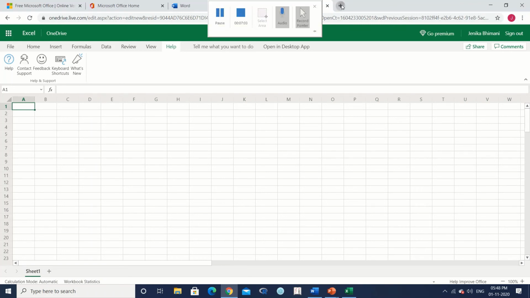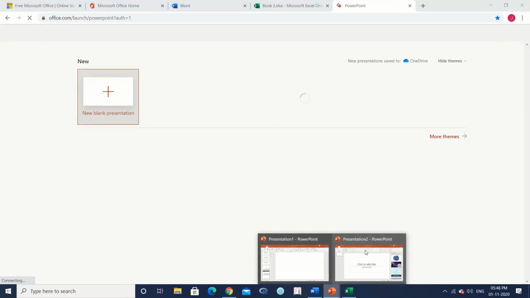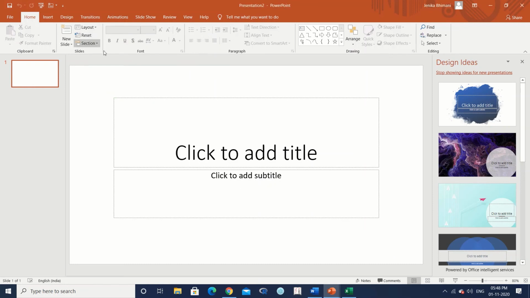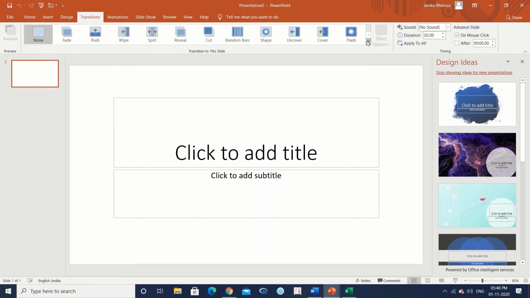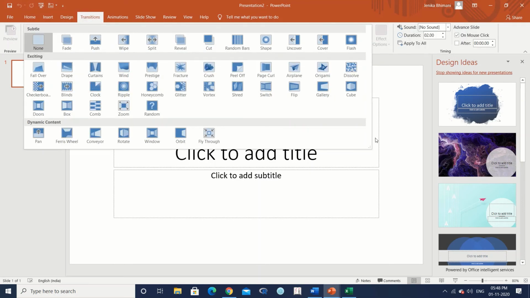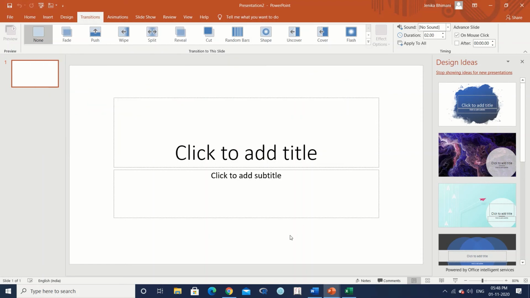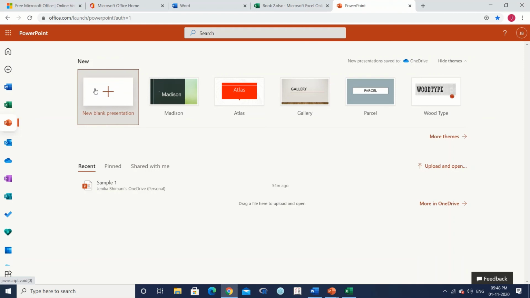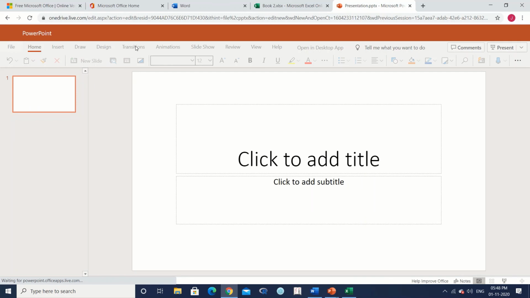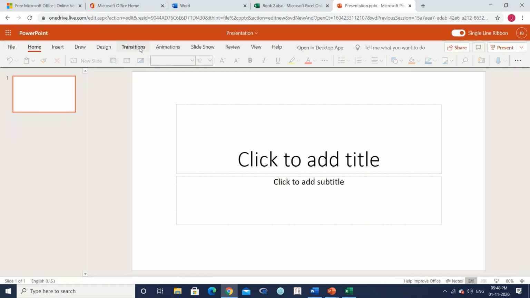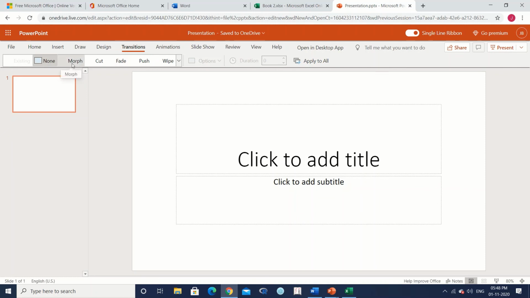And finally, we move on to Microsoft PowerPoint. For that, I've again kept a Microsoft PowerPoint local version available. One thing which is very interesting in the 2019 version, which is not available with the 2016 version, is the Morph transition. So in the Transitions tab, you can see the options available with me, where you cannot see the Morph transition available. But again, in the online version, when I create a new blank presentation and go to the Transitions tab, you can see the Morph feature.